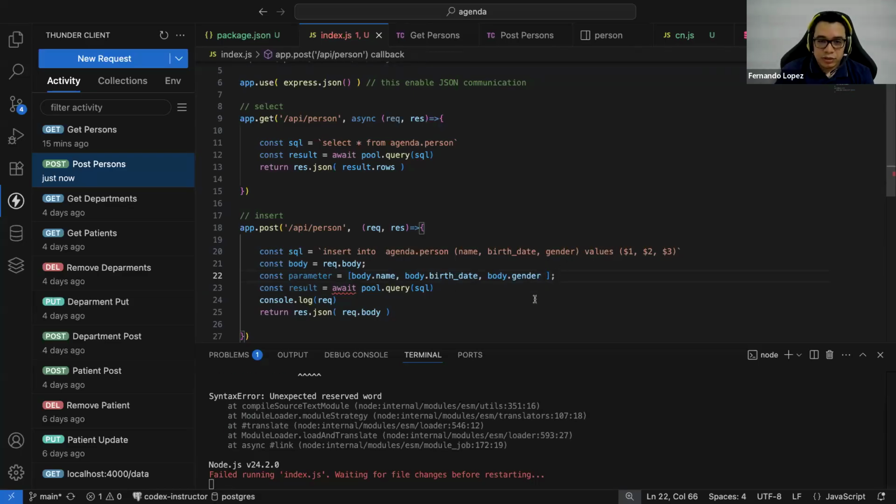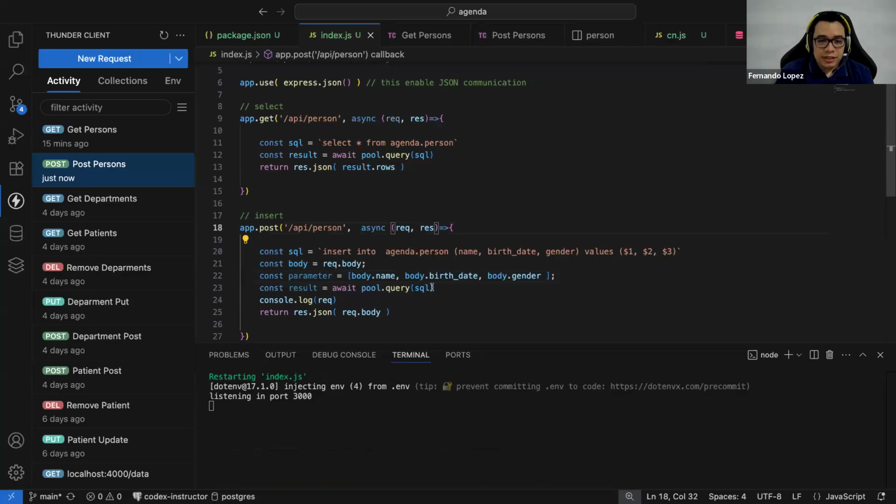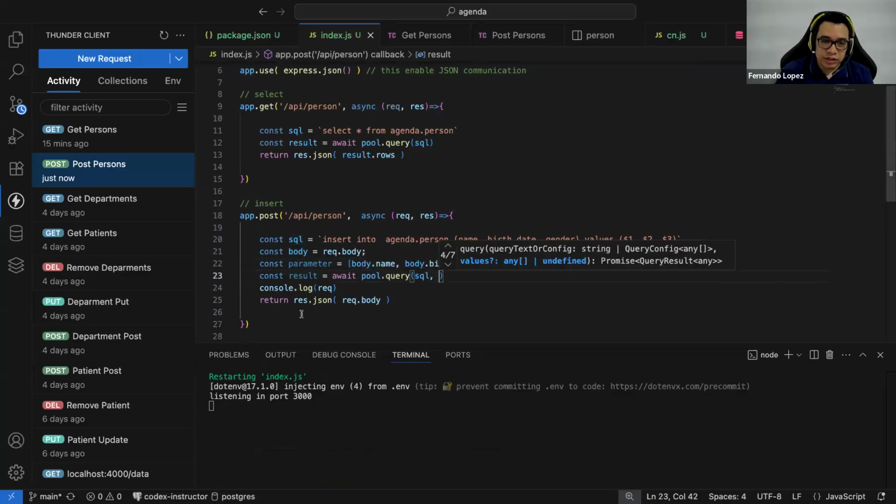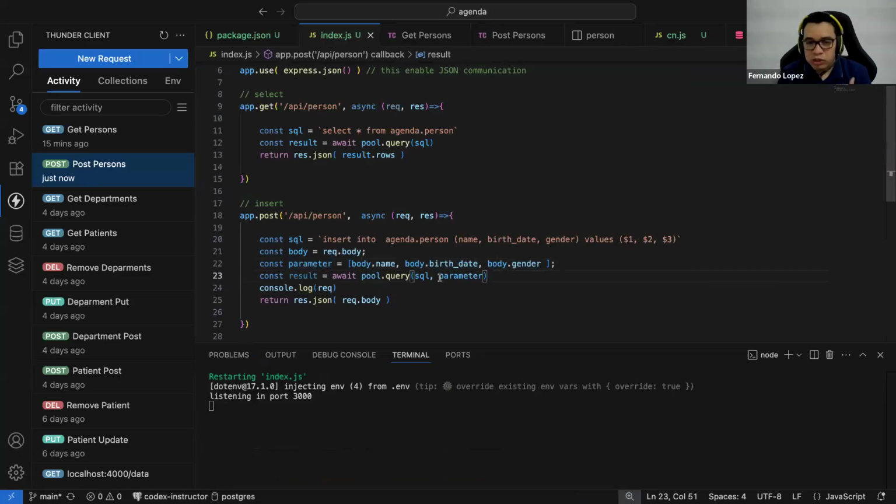Okay, so this needs to be an asynchronous operation. And the SQL query that I have here now is going to receive the parameters with the real data. We are going to do a replacement of those parameters that I have here by the content of this array.